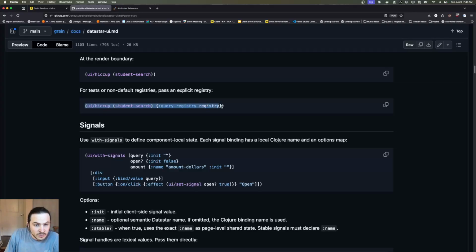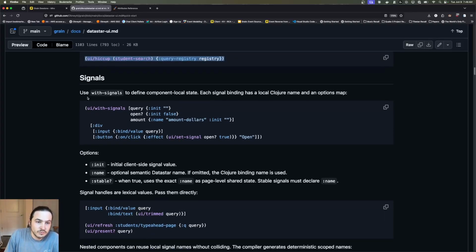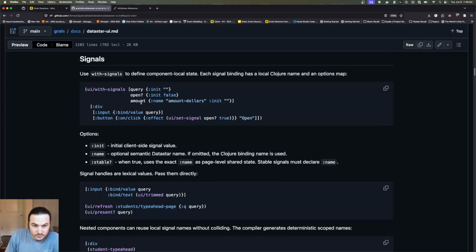It's possible to supply a query registry, I believe, or command registry in for tests. So like we saw with signals, it's a way to bind signals and their initialization values. There's also a couple other things you can do with them. You can set semantic names so that you could write tests against whether something is actually in the rendered output and stuff like that. And there's other reasons for that, but it's optional. So this is just taking a little more control over the semantic name. This thing will still have its own